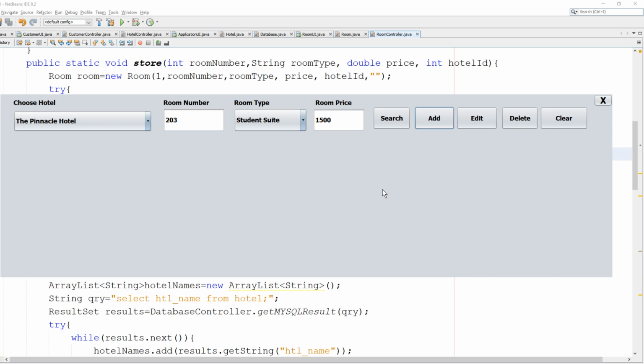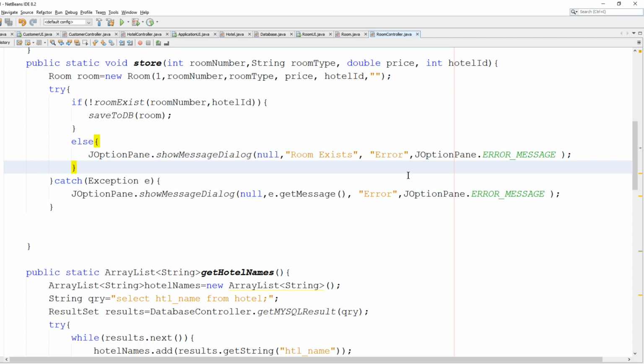Yeah, so what I really want to do is show a table here at the bottom and show all the rooms that we are adding, so that it will refresh automatically and show all the rooms down here. Alright, so